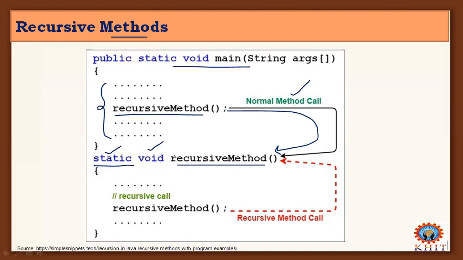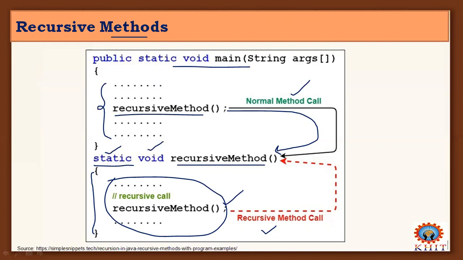And what is the recursive method call? A recursive method call is nothing but the body or scope of this recursive method. Inside this body, we make a call to this method itself. Here this recursive method is calling itself inside, and not only one time or two times, it is calling itself